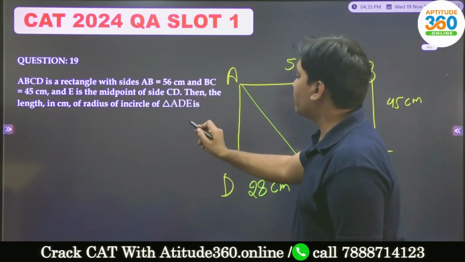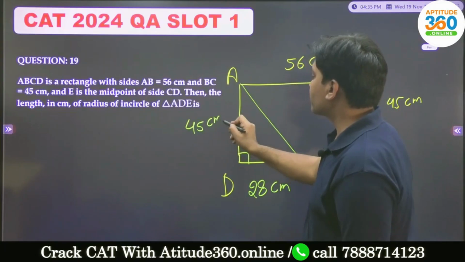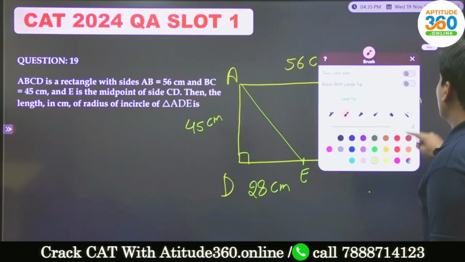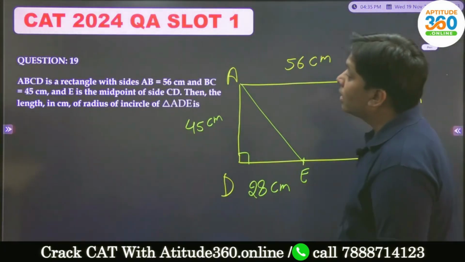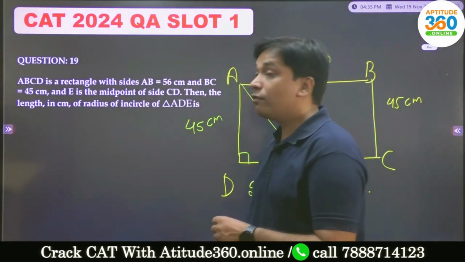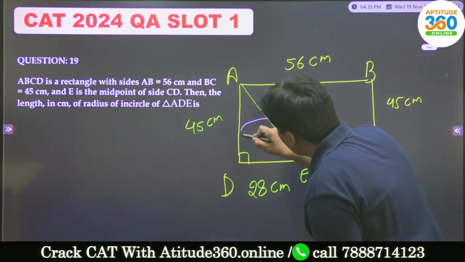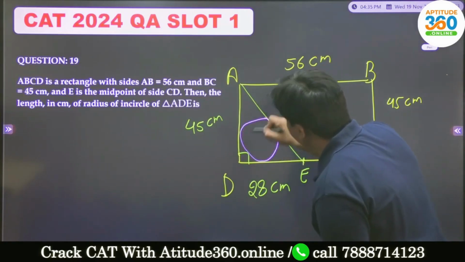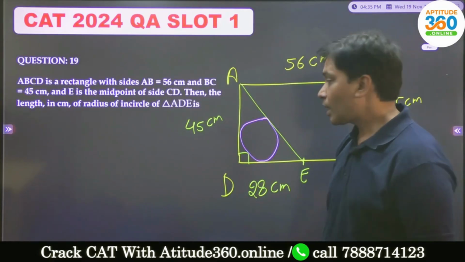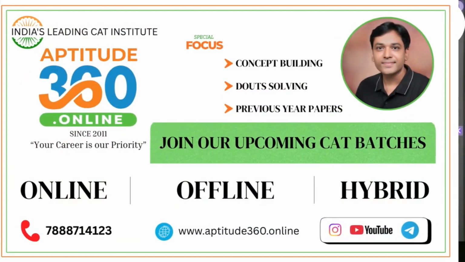Length of AD will be 45 centimeters. Now what do we have to do? We need to find out the radius of the incircle. So incircle means what? We have a circle inside this triangle, something like this. And if I take this as the center,